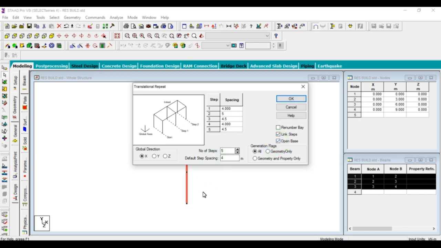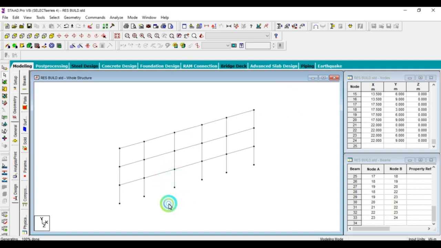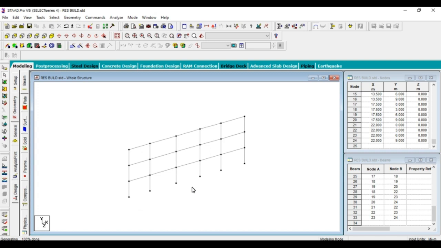I do not require the bottom beams of the structure, that's why I select open base. After selecting link steps and open base, click OK. See, the X-axis structure will be created.